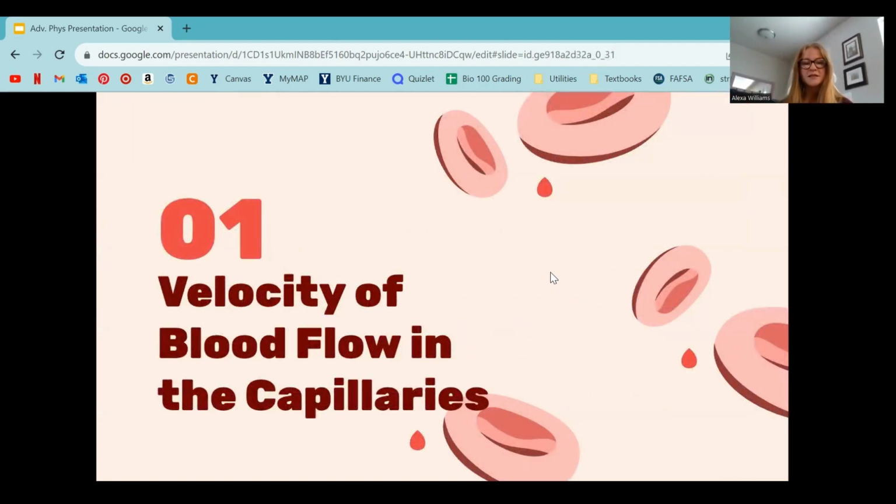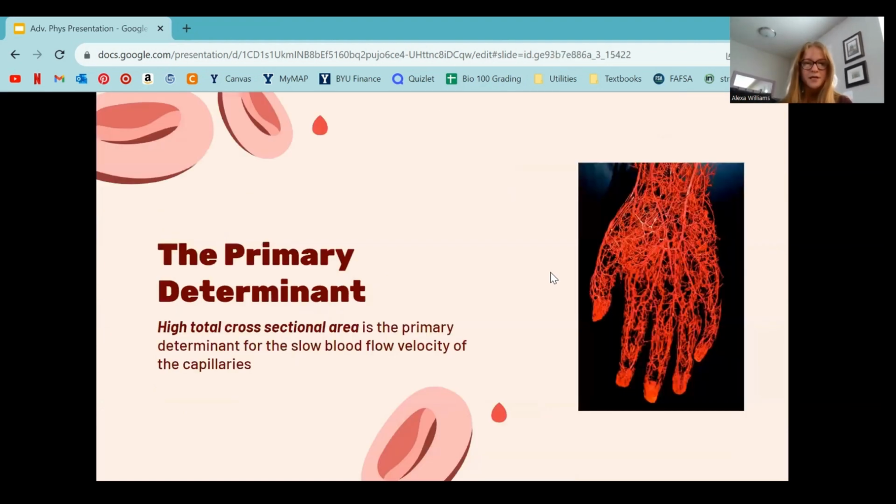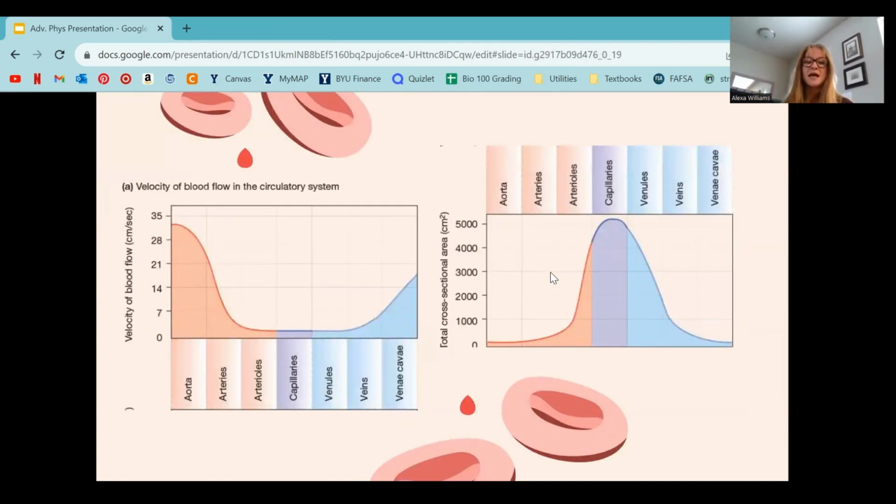The first learning objective is learning objective 15.6.2, which talks about the velocity of blood flow in the capillaries. And we know that capillaries have a very extensive network with a large total cross-sectional area in the body. And so even though each individual capillary has a tiny diameter, the vast number of capillaries combined significantly increases the overall cross-sectional area. And because of this, capillaries exhibit a sort of splitting or division of blood flow into numerous